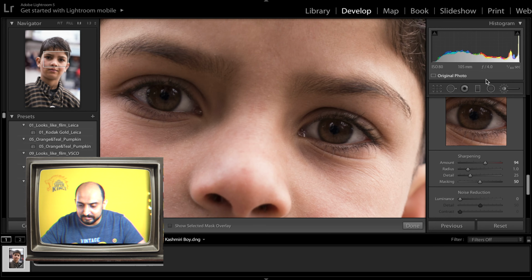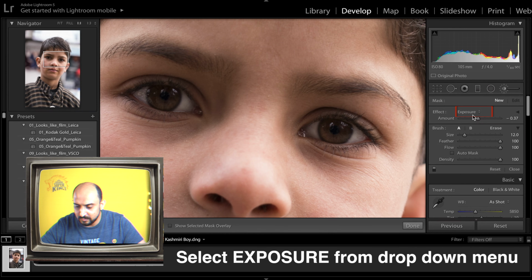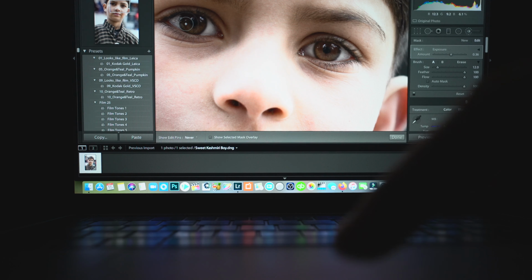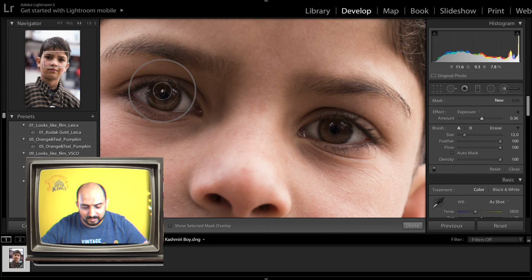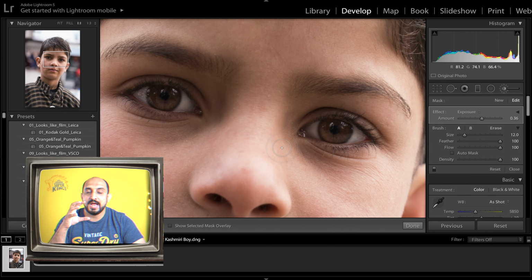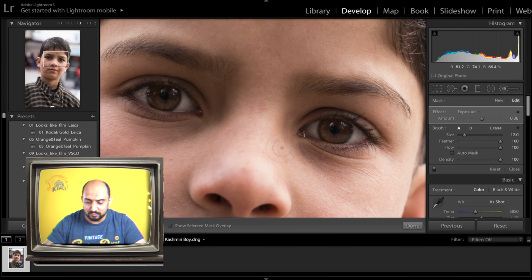Let's zoom in. I'll select the brush tool on the right hand side at the top. Here we go. I'll use the exposure and probably increase it a little bit here and start to paint over the eyes. You can see the details in the eyes have been popping out now. It's looking very nice. We'll do some finer adjustments also. To see where the brush has applied its effect, press the O key and you see a red highlighted area. If you press O again, it's gone. It's just for you to know where you actually painted and if you are on the right spot.